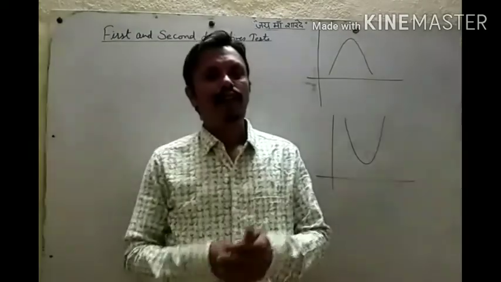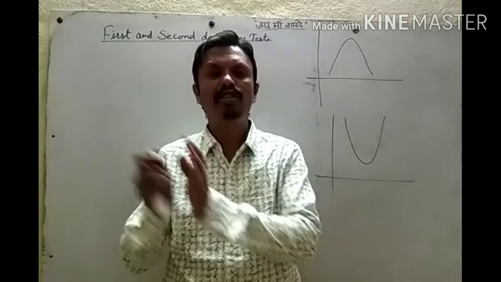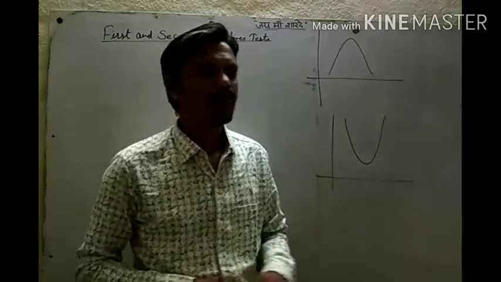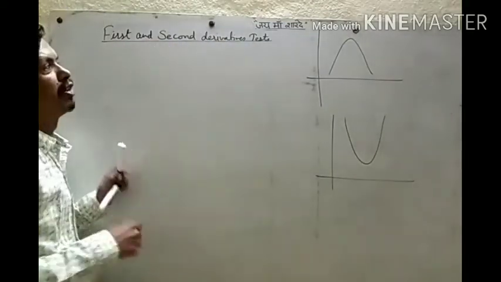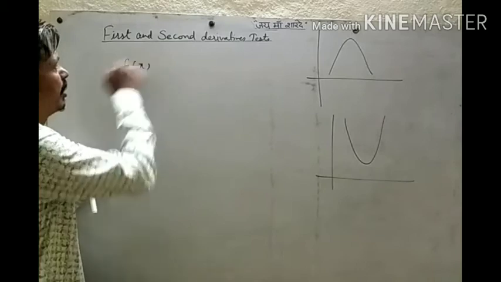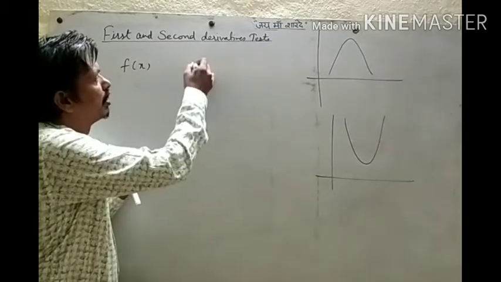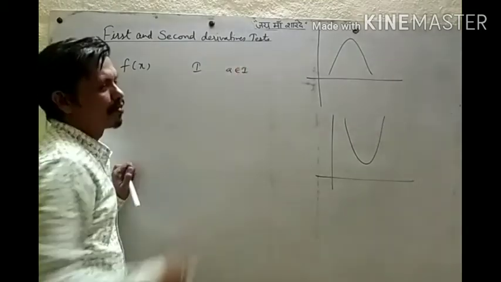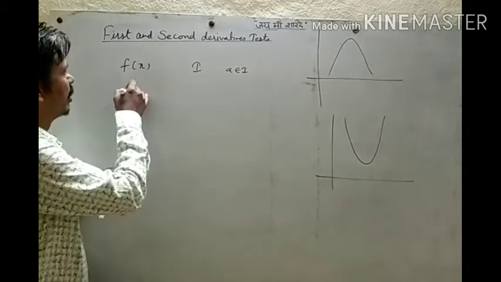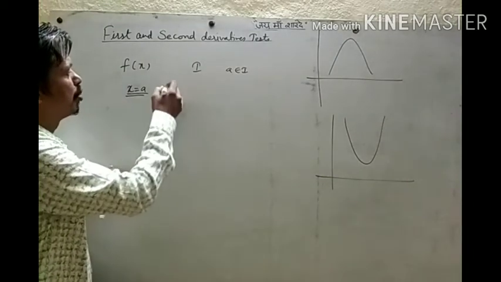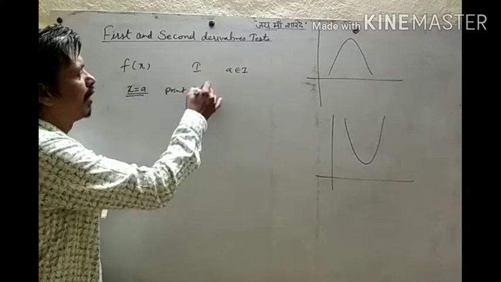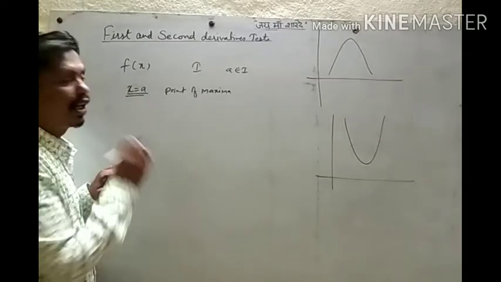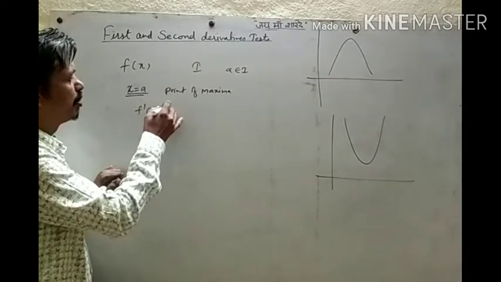Now we'll discuss the first and second derivative tests to find local maxima or local minima of any function. First, we'll see the first derivative test. If f of x is any differentiable function in the interval I and a belongs to I, then x equal to a is said to be a point of maxima if f dash of a is 0, one thing,